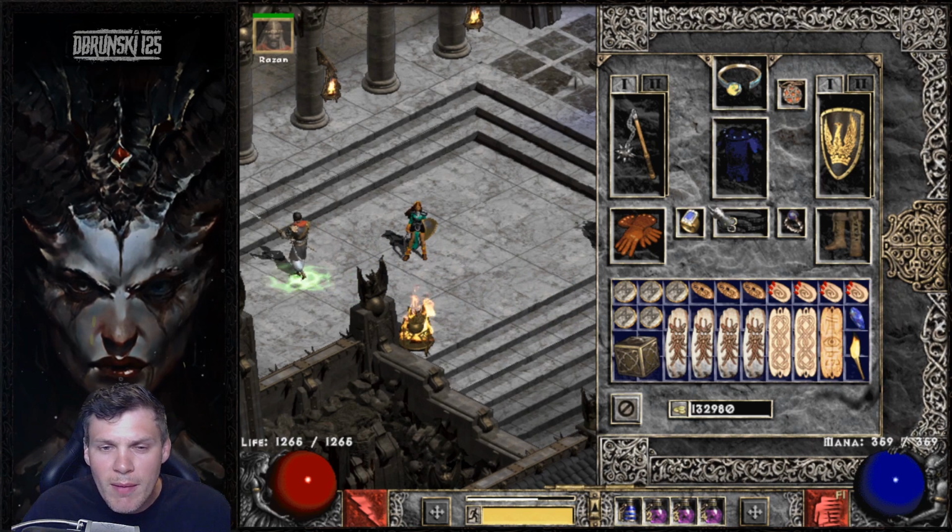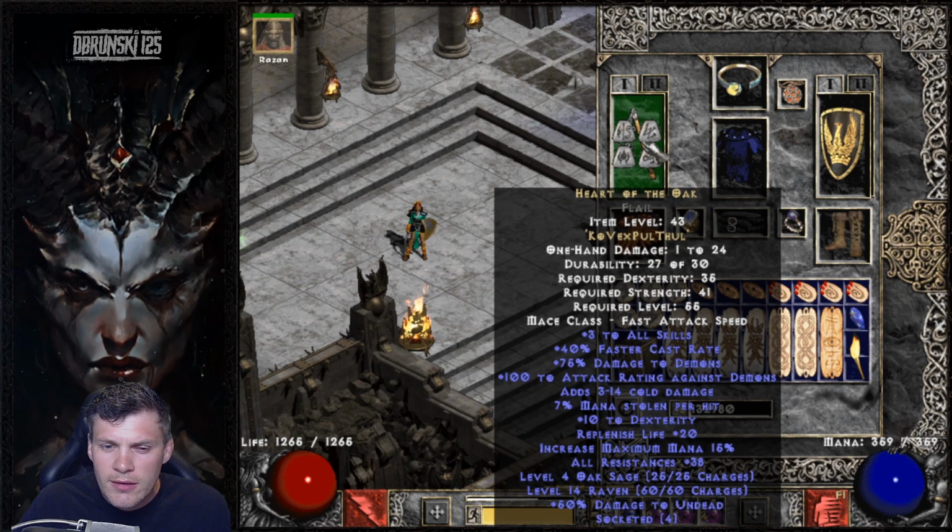So starting off with the weapon, I went with Hoto, the 3 tall skills and 40 FCR and 38 res. That's just the reason why I went with it. Good all-around weapon. It's not the best for pure damage, but it helps me reach that 117 and cap my